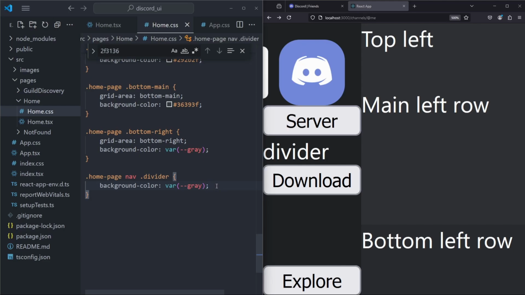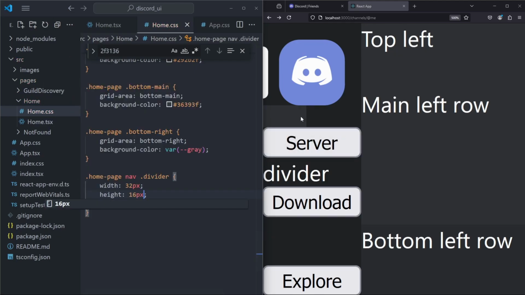Normally the element of the divider, which is the div, would have a width and a height equal to the content of that div. However, since the div is empty, it doesn't have any content, so it doesn't have a width or a height. So let's add a width ourselves, and let's give it a width of 32 pixels, and also a height of 16 pixels. Let's save it up, and as you can see, we now have a little divider,